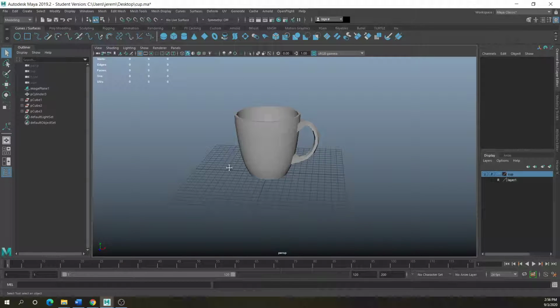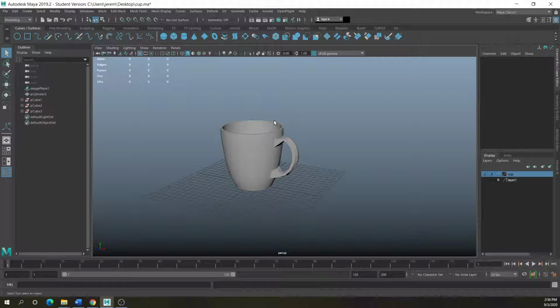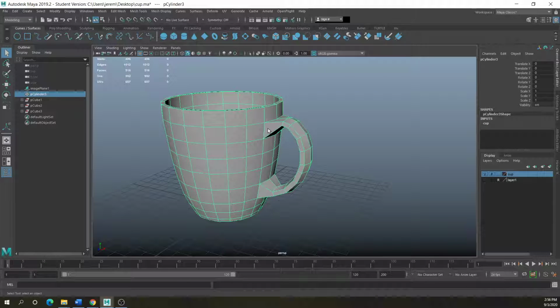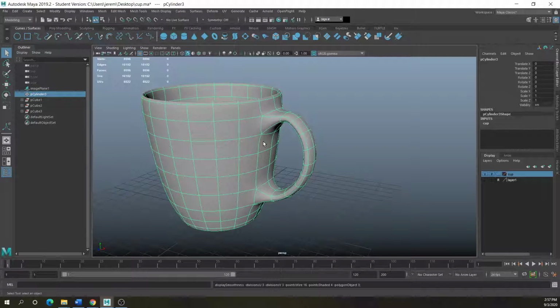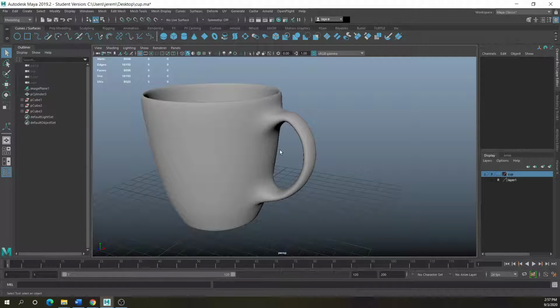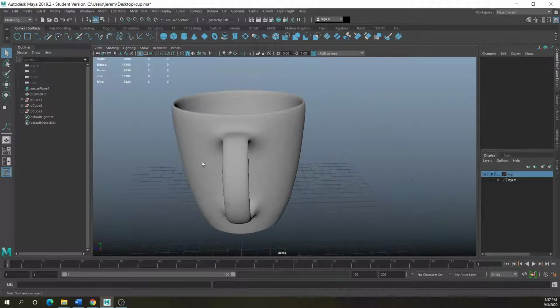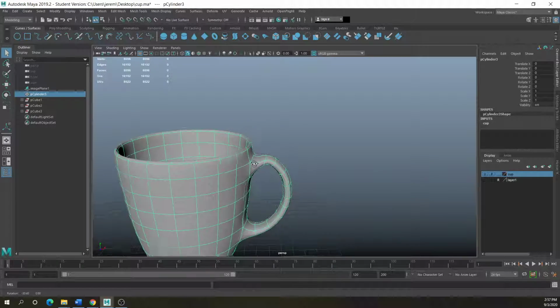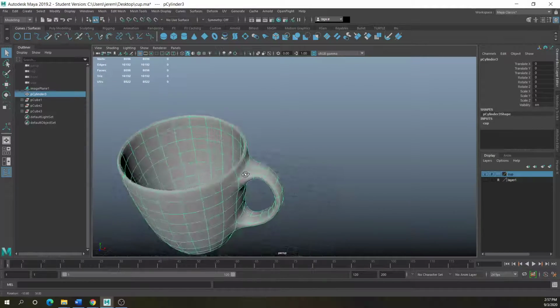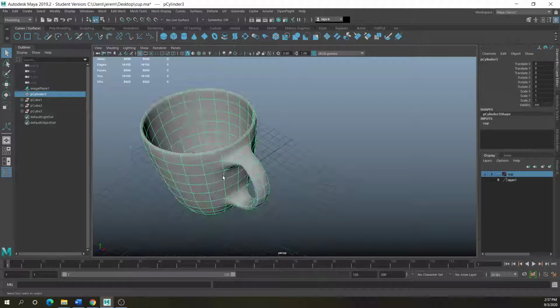Like this cup was basically created not out of our revolve tool or surface tool, which you could do, but I created this cup basically out of a cylinder and a torus. I combined the geometry, then I welded the vertexes on the handle. But it came with a little bit of planning, in other words, to make it very smooth topology. And I can kind of walk through that and show you how I did that, because I think it'll come in handy with the exercises and the projects coming up.